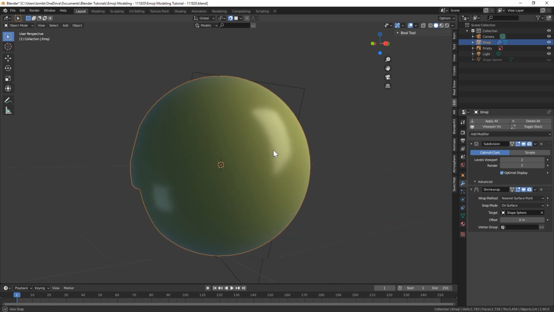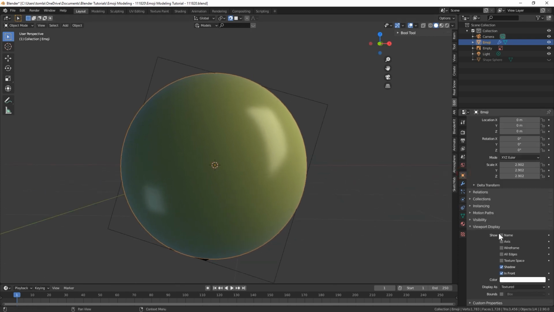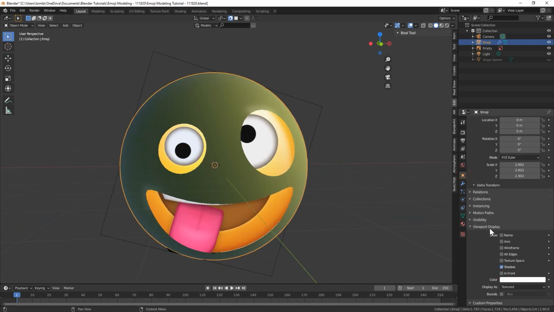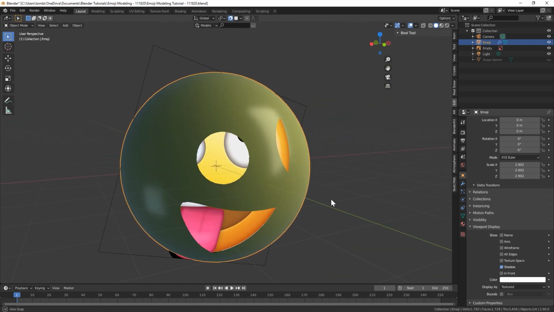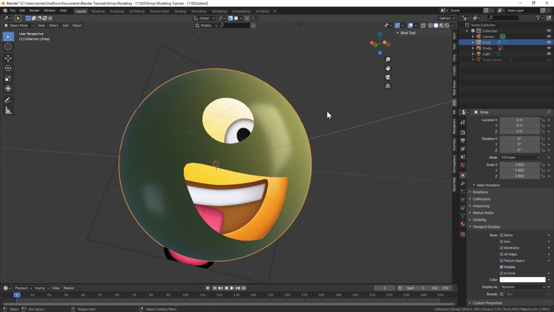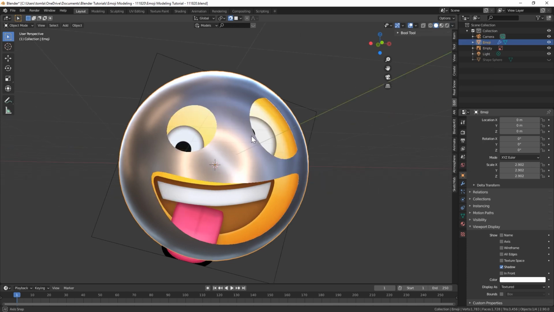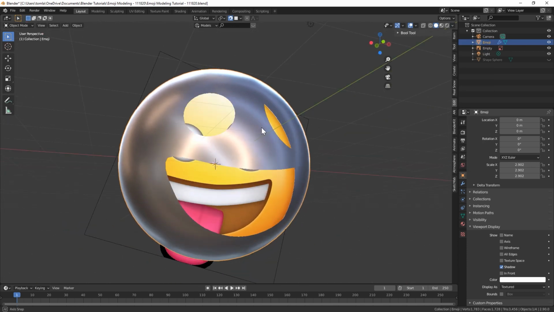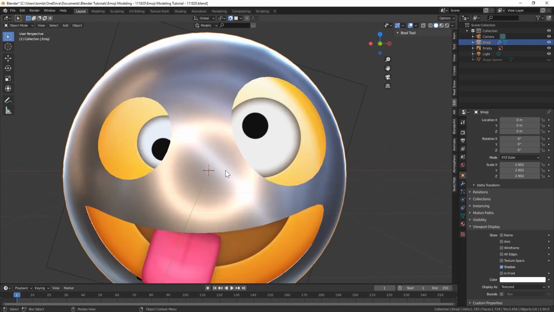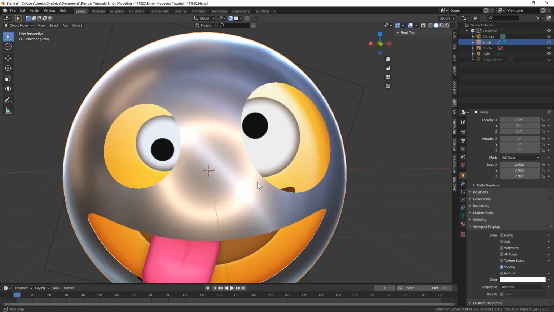And that doesn't do enough, so we're actually also going to have to turn off our in front in the viewport display. And let's just make sure we're not seeing any bumps in our geometry, maybe even something like this. It's actually looking pretty good. If you do see some flat areas or something that isn't snapping properly,